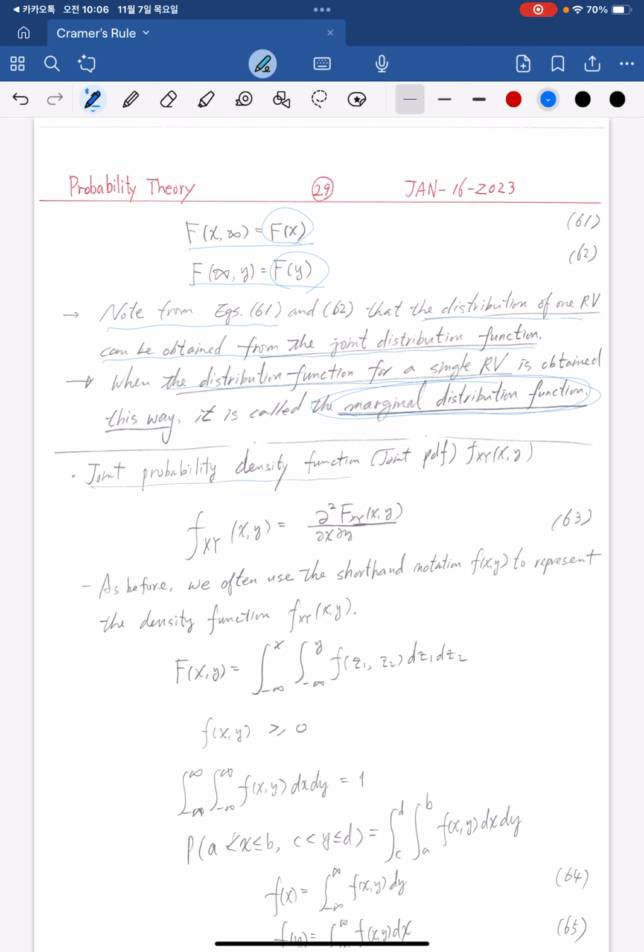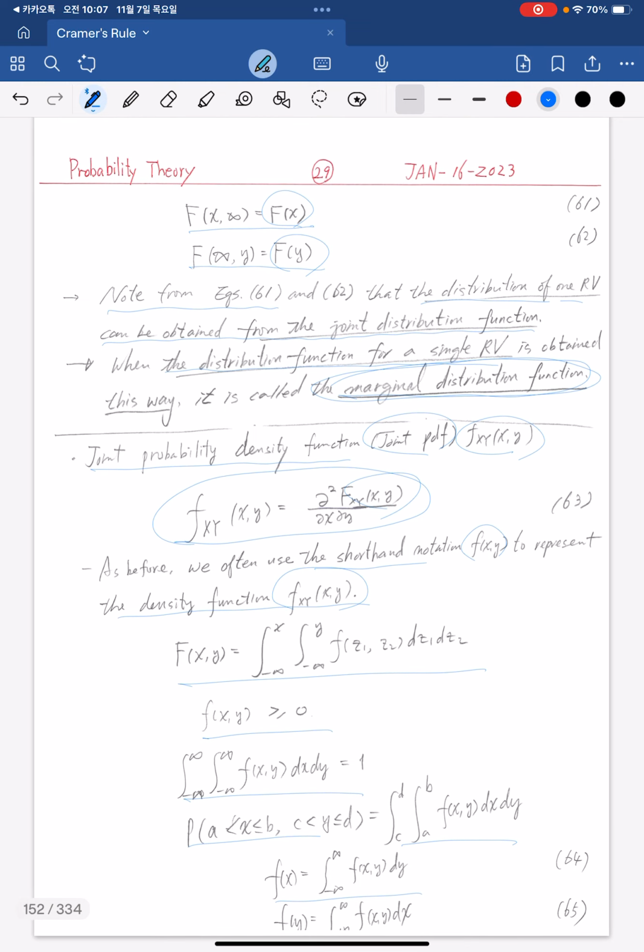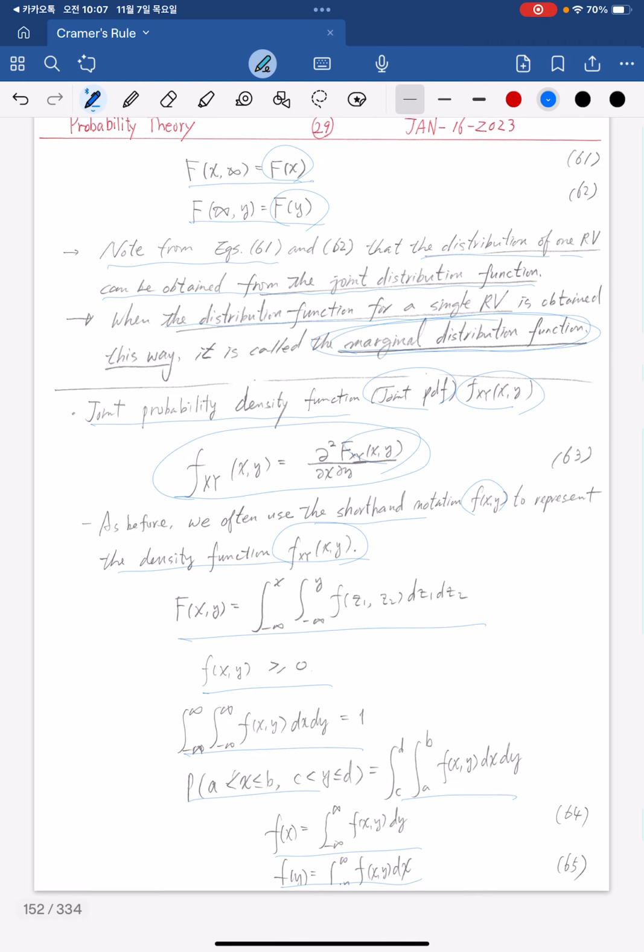Joint distributed density function, joint PDF, small f XY는 2.2번 형태로 되죠. As before, we often use shorthand notation f XY to represent the density function f, large XY, small x, y 이렇게 정의되고 f XY는 f X는 f Y는